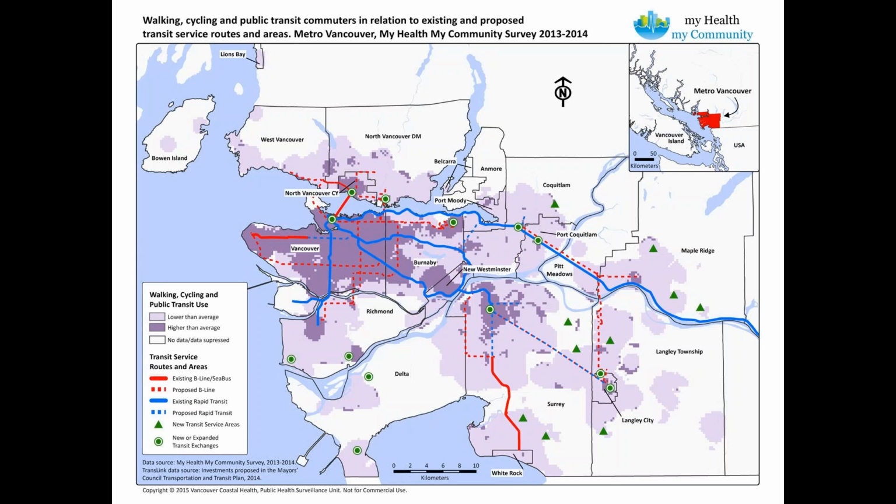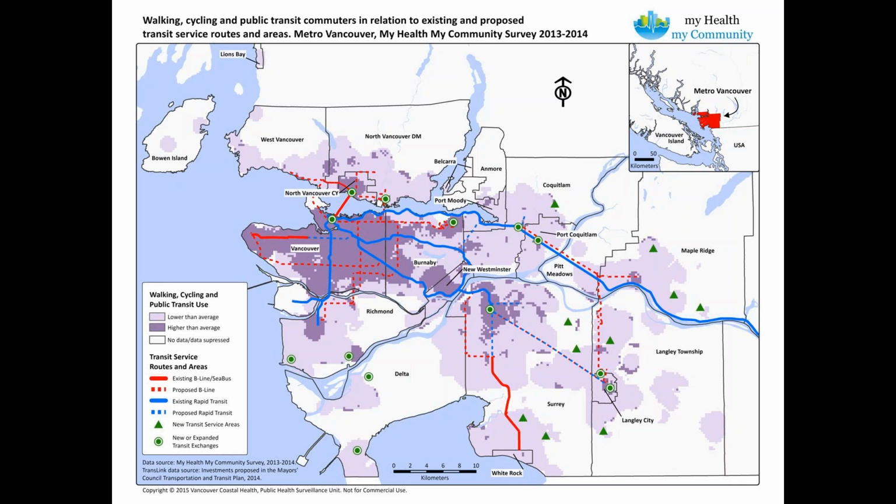We were also able, because we collected people's home postal codes, to map all this data and give people a more visual look at how this data breaks down over the geographic span of our communities. So the same question, the walking, cycling, and public transit commuters, and we mapped that with the darker purple again being higher than average. And then what we laid down was a layer looking at the existing rapid transit and bus lines and SeaBus, and then at the time what they were proposing to add,